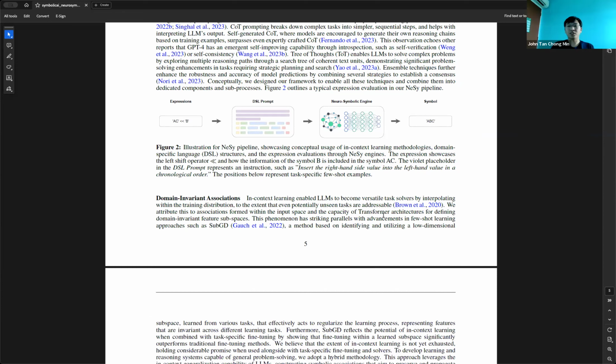Anyhow. Nice. Actually, before we move on, I just want to find out more about how this process works. Let's say you have a sound clip of a speech, and you want to do speech to text recognition. If we apply the same 4 steps, I would imagine that the clip could be the expression, right? Then there's no DSL prompt here because we don't really need an LLM to interpret that. We just pass it through the speech to text program, which is the neurosymbolic engine in this case, and then out comes the text. Yes.